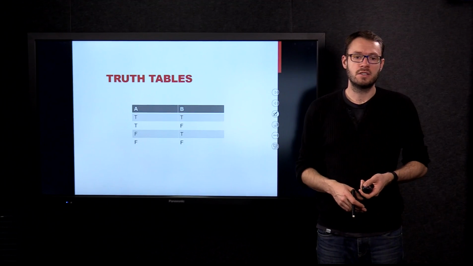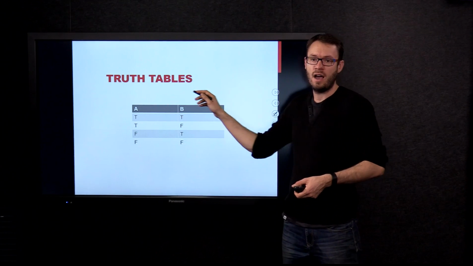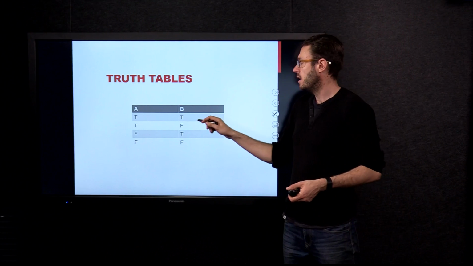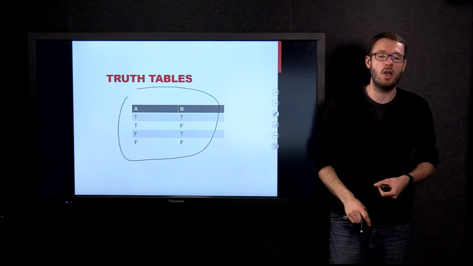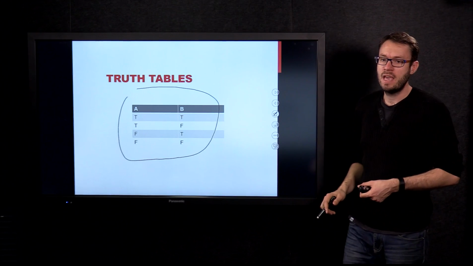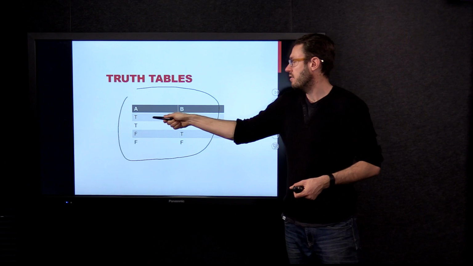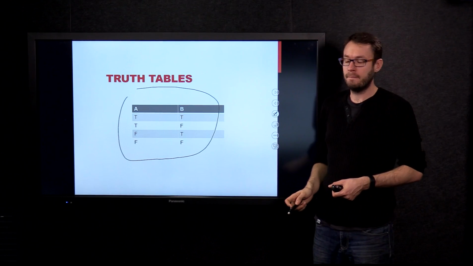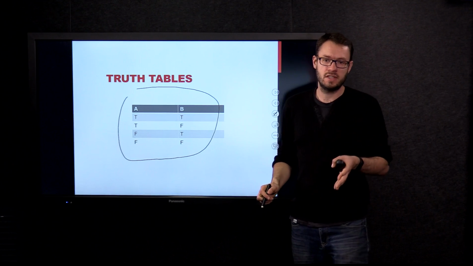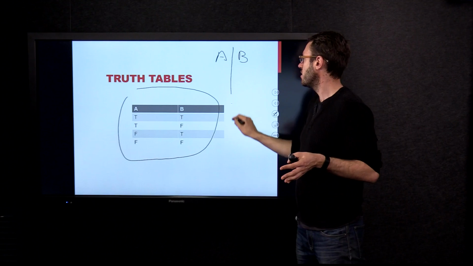All right, so what we can do is we can represent that information inside this sort of setup for the truth table. What we do here is we just represent all of the possibilities that we're ultimately going to be interested in, and we get this neat little 4-line matrix where we have all of the possible relationships between A and B mapped out. Now, if you want to set up one of these truth tables yourself, it's very simple to do. You just start with your 2 propositions like this,